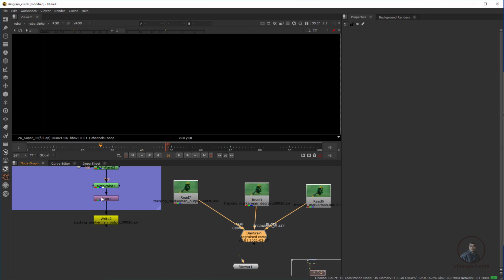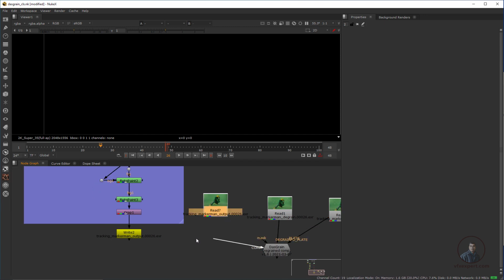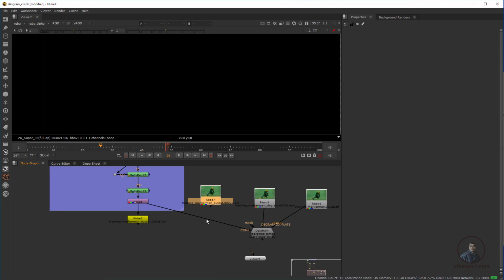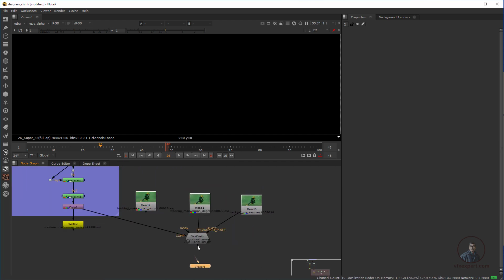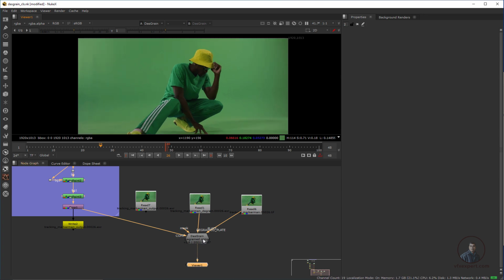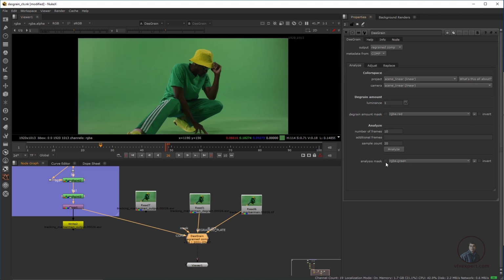The result will be the same. For explanation I am going to use this original main comp, which is this cleanup work. Then we have to view over this DustGrain, double click here, and analyze.